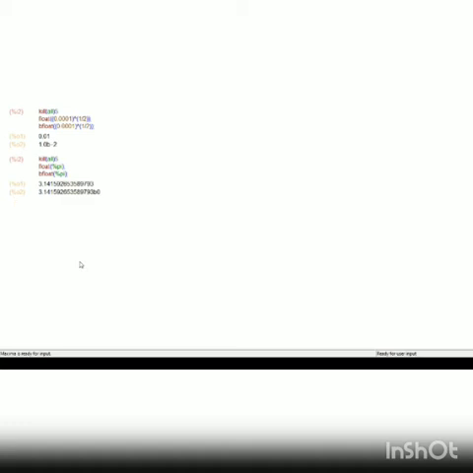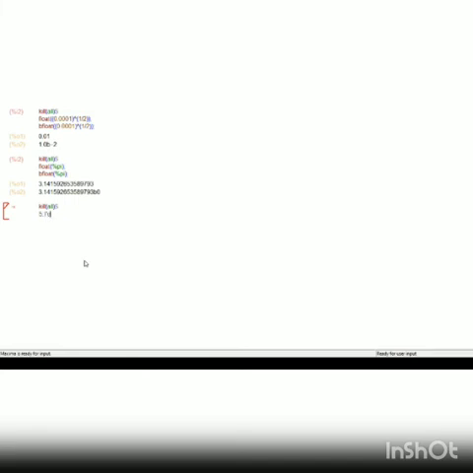Remember there is a difference between e and percentage e. Percentage e is a built-in function which says the value of percentage e is 2.7 something. But if you give simply e, it assumes that it is power of 10. I'll show you an example. As usual, I'll write kill all.